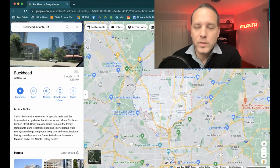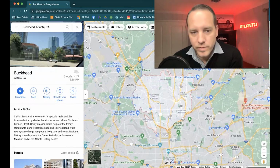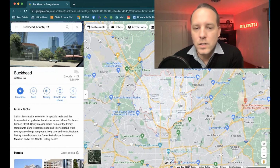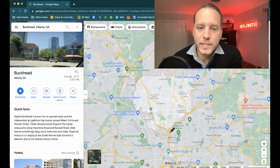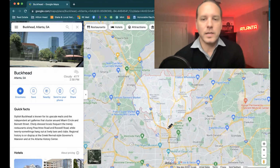So when we talk about to the north and to the east and the west on the north side of Buckhead, again, Brookhaven over here, Sandy Springs to the north here, Dunwoody kind of like in this little sliver here. And then Vinings over to the west, all the way around the west side of Atlanta, down to Atlantic Station, and you see Midtown here, right about here. So again, as you're coming out of Midtown, you kind of come up through the middle of Midtown and up past Atlantic Station, where the